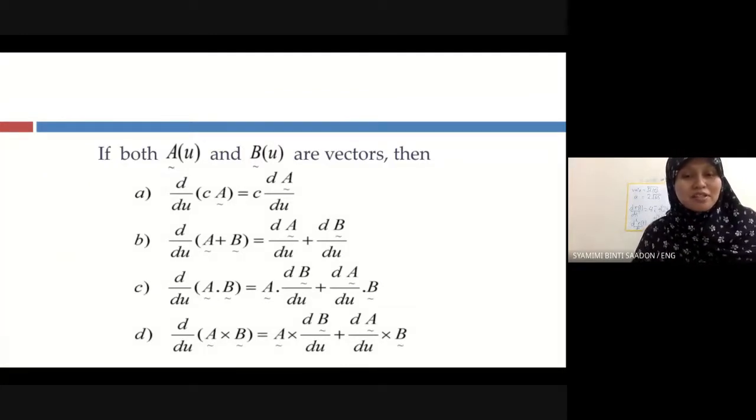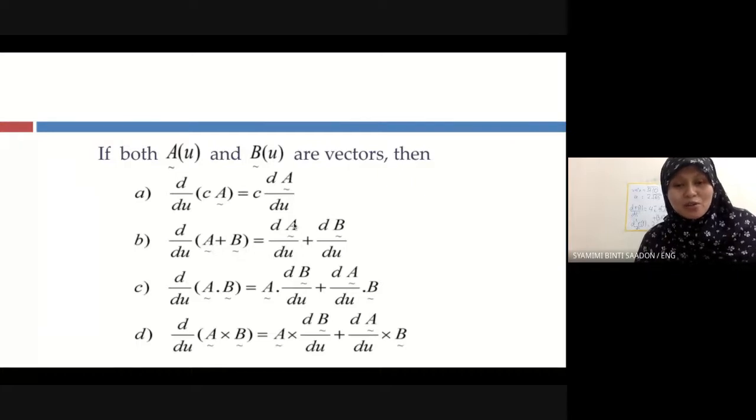C is a constant, for example 2A or 10A. What if we have vector A plus vector B? Then we do the derivative of A plus the derivative of B. For the product, we have to do the multiplication. First we write back vector A and differentiate vector B, plus the derivative of vector A multiplied